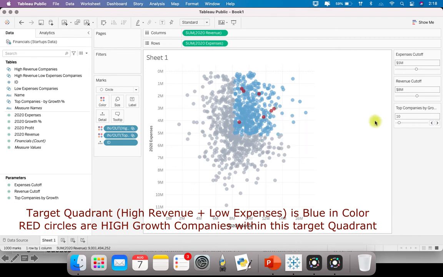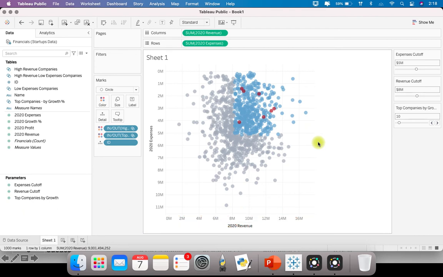Red marks are nothing but my top companies by growth percentage, which fall in this quadrant. Okay, so those are red. So this way we help in decision making, right? We are giving the management this dashboard and letting them decide what should be the criteria for expenses cutoff, revenue cutoff, and how many top companies they want to show here in the graph.